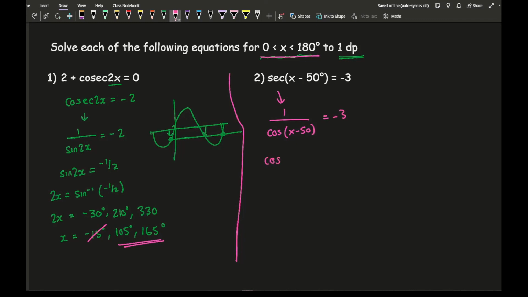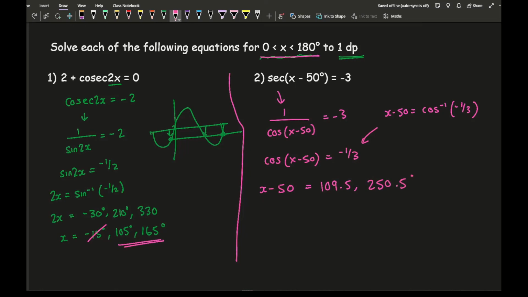So cos of x minus 50 degrees is going to be minus 1/3. Then x minus 50 equals inverse cos of minus 1/3, which gives me the following values. It gives me 109.5, and then the second angle is going to be